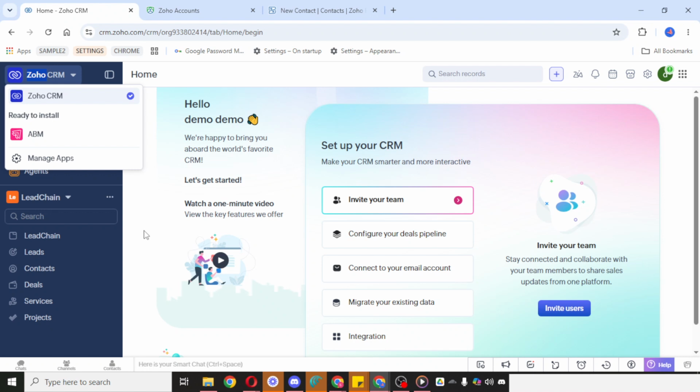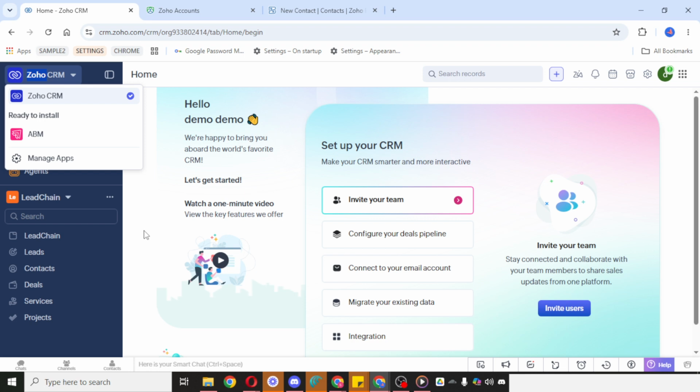To begin, open your Zoho CRM account and make sure you're logged in. Once you're inside the dashboard, take a moment to get oriented. You'll want to be on the main screen where you can access the platform's settings and tools. If your layout looks slightly different, that's normal, since interface updates can happen over time, but the general process stays very similar. Next, click on Setup.